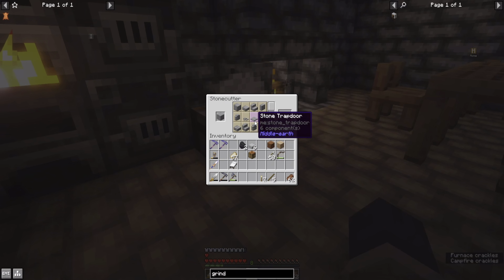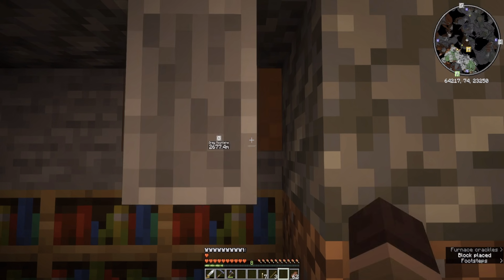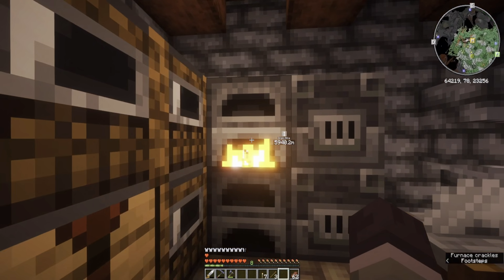A stone trapdoor? I'm sorry, what? All right, now we have a grindstone. So now we just plop that down right there. And whenever we need to do that, we can...